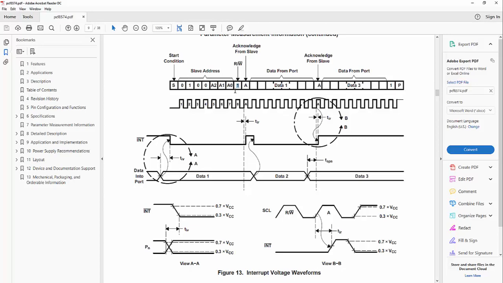So by the LSB bit in I2C, you always control if you are reading or writing. So now we know that in this chip we have 8 different addresses. How can I know this? Because I have 3 different bits that are controlled by the pins of the chip. If I pull them down, it will be 0, and if they are tied to VCC, they will be 1. So now if we go back, there